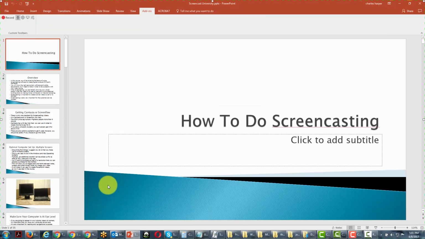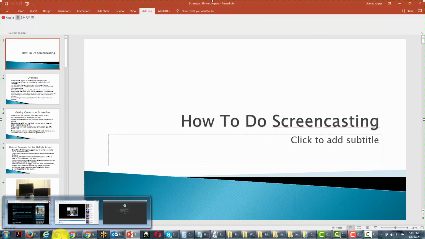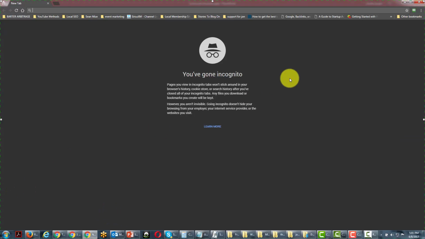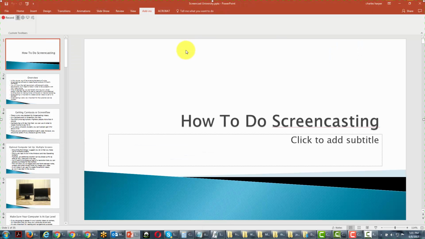We can close out the browser. We can bring back a browser. Very easy and very convenient to do, a little more clunky and a little more difficult to do with the other method. Now the other thing is that this method of recording actually works best if you